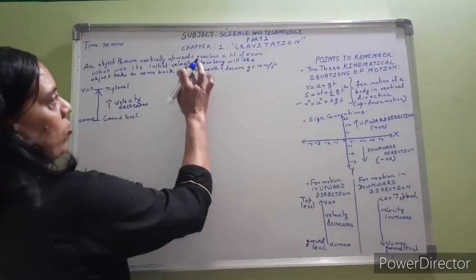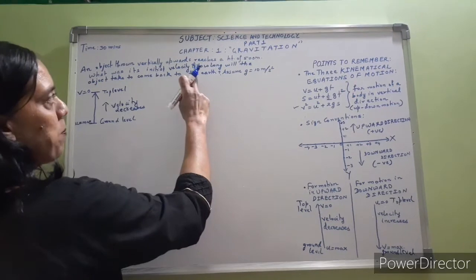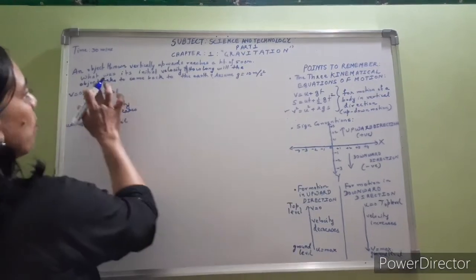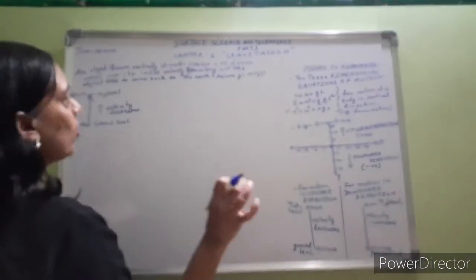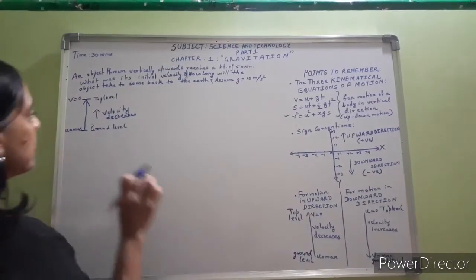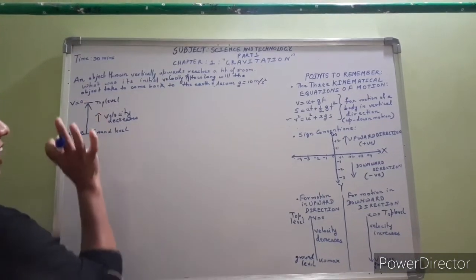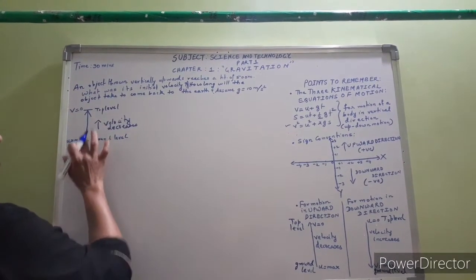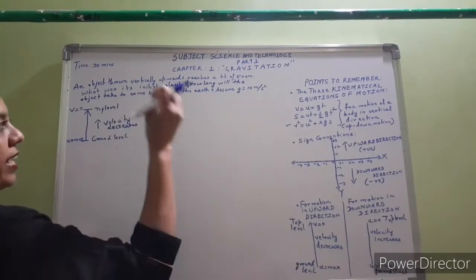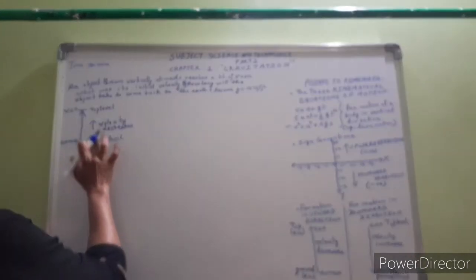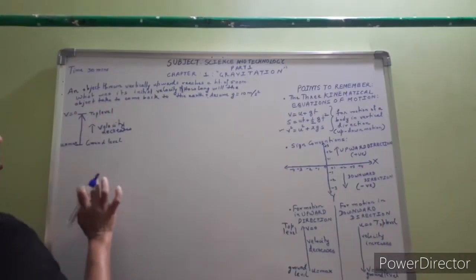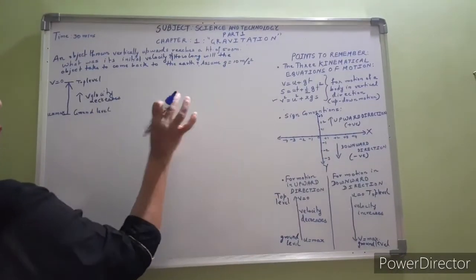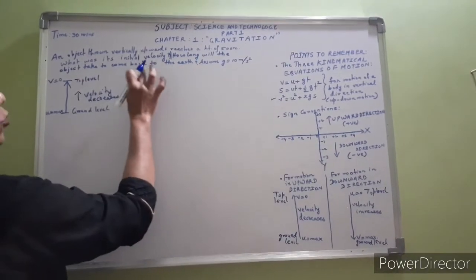Now, let us solve the second part of this problem. In the second part, we have been asked to find how long the object will take to come back to the earth. How long will the object take to come back to the earth? It means the object has been thrown in the upward direction. So from the ground level it goes to the top, and after reaching 500 meter it comes down and again reaches the ground level. So it is going from bottom to top and coming from top to bottom. So how much time it will take to go up and to come down, that we have to find.